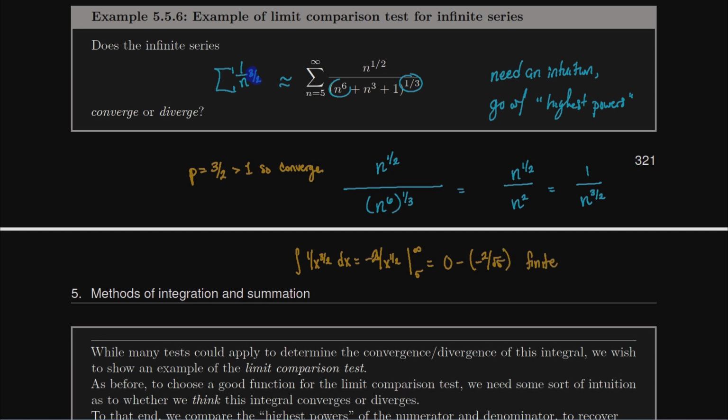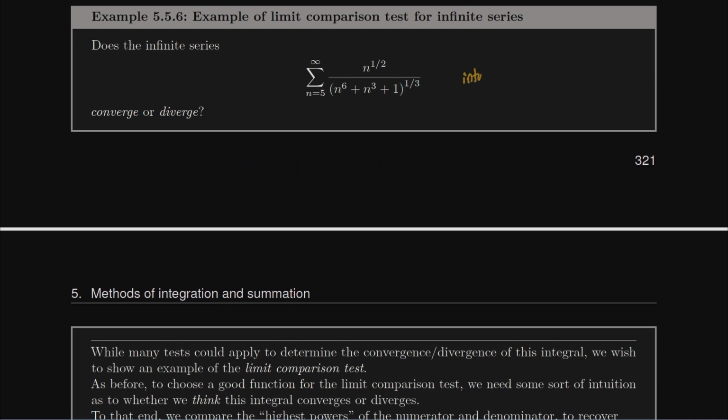So however you want to think about it, it converges. Our intuition here is that this also converges. Now that we have intuition, we can actually use the limit comparison test. What do I want to compare in the limit? Well, the fact that I was approximately equal to 1 over n to the 3/2 is a good choice